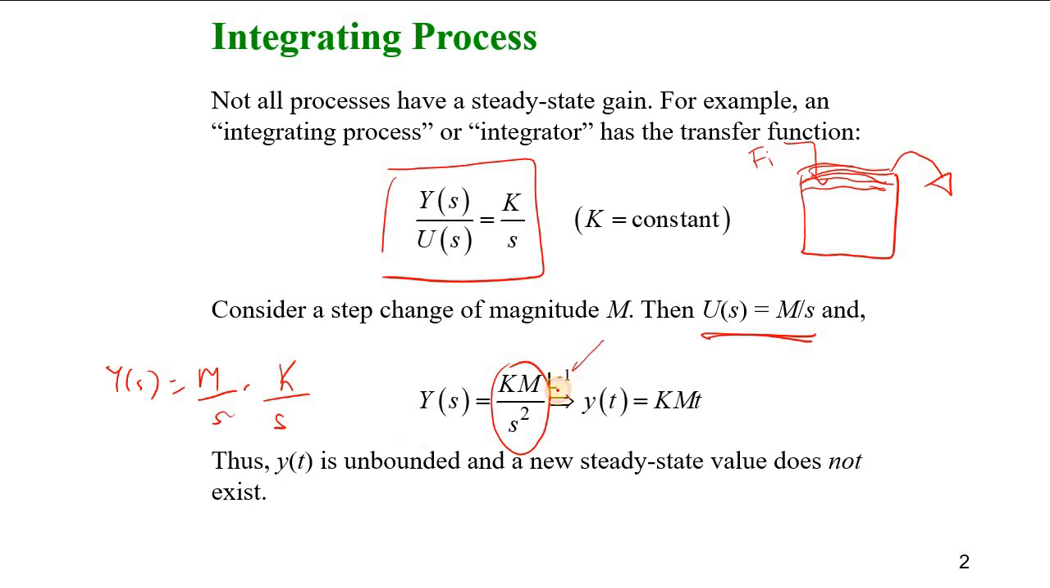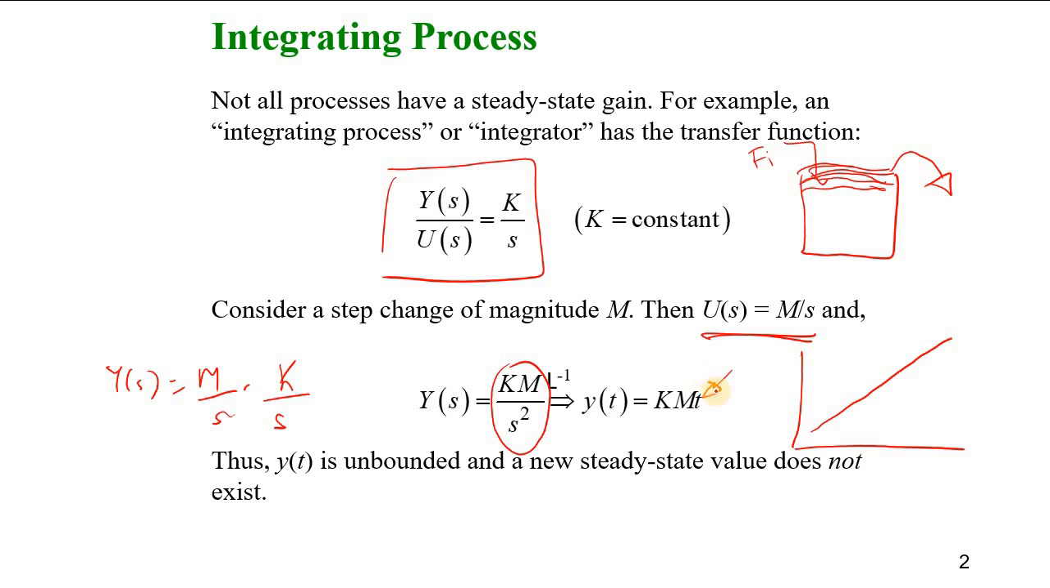And if you take the Laplace inverse here, it will give you KMt, since the Laplace inverse of 1 over S squared is t. And what is t? It just tells you that this Y will increase in a t manner, that means it will increase like that. So it's integrating, it will never reach a new steady state value. And this is true. Just substitute t equal to infinity here,